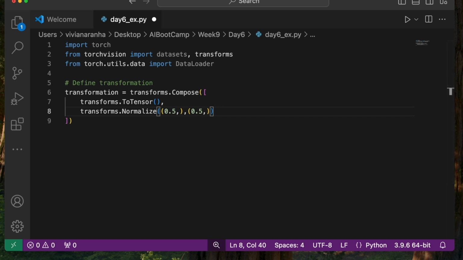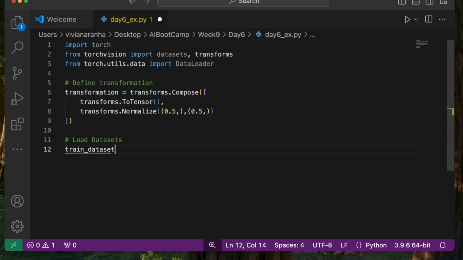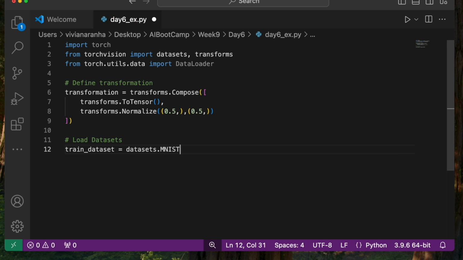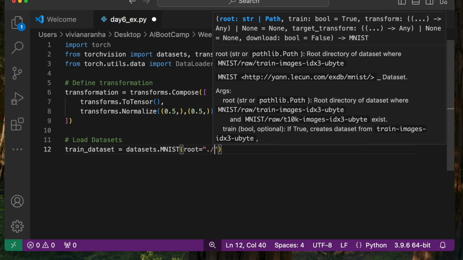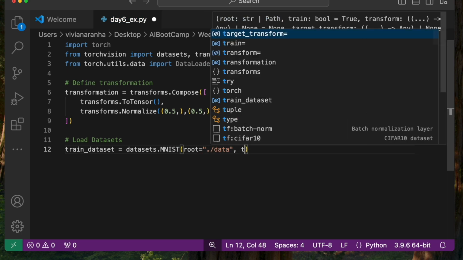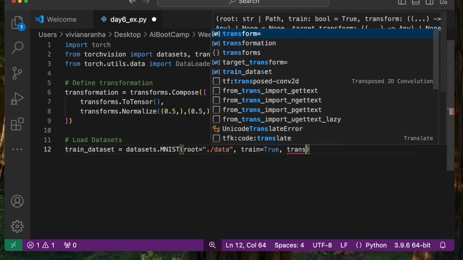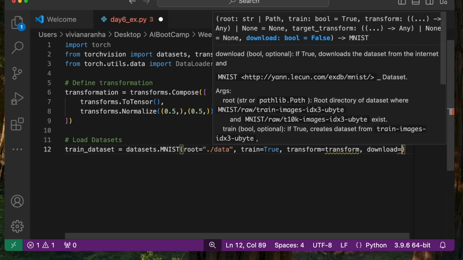Now next step is to load the datasets. So I'm going to go ahead and say load datasets. I need the training dataset equal to datasets.MNIST, root equal to ./data, train equal to True, transform equal to transform that we created above, and download equal to True.